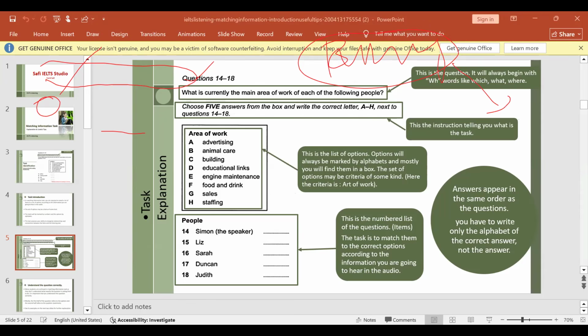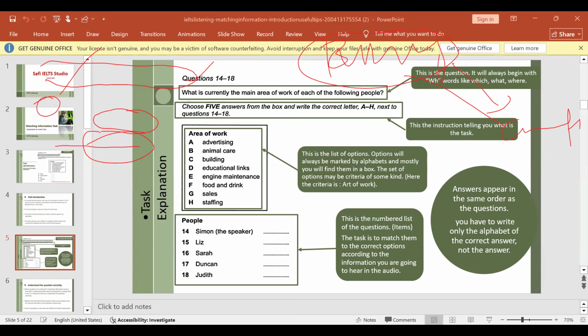They can use construction. Instead of building, they can say construction. So never listen for the exact word, but instead, what are you supposed to do? Paraphrase that. Paraphrasing is the most important part here. Number one. Number two,